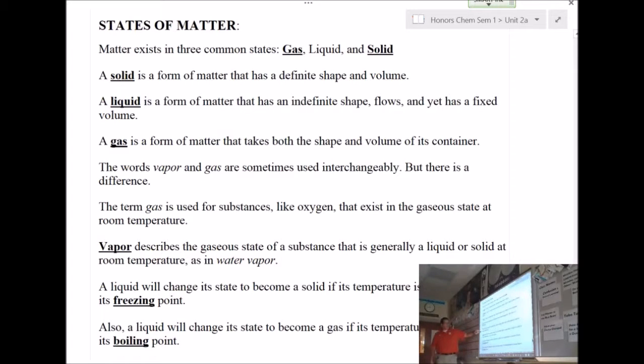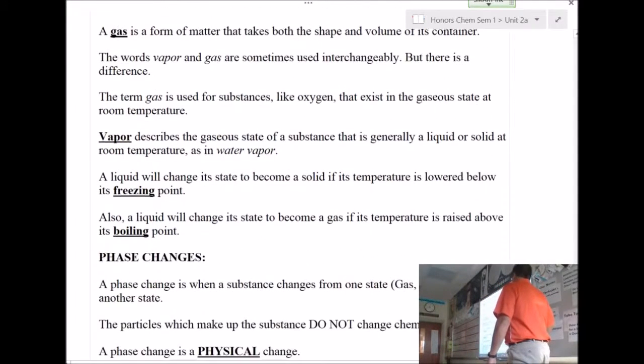Now, here is a term that we kind of use interchangeably, gas and vapor. A gas is a substance like oxygen, nitrogen, things that are naturally a gas at room temperature. A vapor is if I add heat and cause a liquid to change into a gas, which is technically a vapor. If I had, say, dry ice and I allow it to sublimate, it'll turn into a gas, or a vapor, sorry. So gases are things that are in that state at room temperature. Vapors are things that change into the gaseous state. So if you happen to see a question like that on the test, make sure that you answer it appropriately.